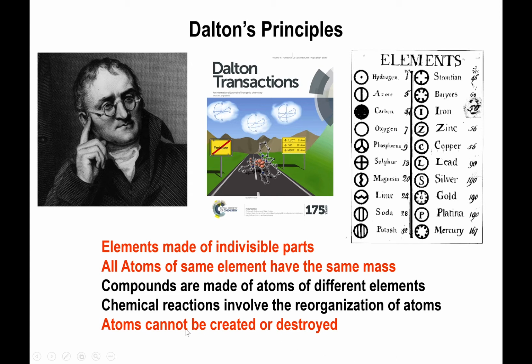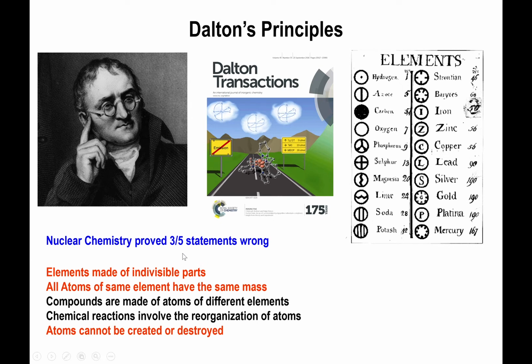Now the last one, the fact that atoms cannot be created or destroyed, this is a corollary of the conservation of mass, but it's actually incorrect because you can, via the processes of nuclear chemistry, change one element into another. And so in essence, you are kind of destroying some of those elements and creating other ones. And so the idea that alchemists had technically wasn't wrong. The way in which they were trying to approach it, however, was totally wrong. So we're going to touch upon this idea of changing the elements from one to another via the process of